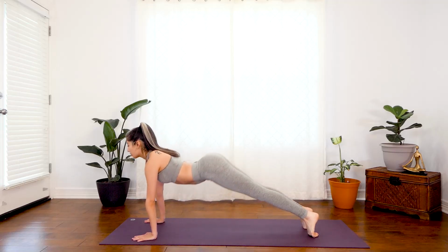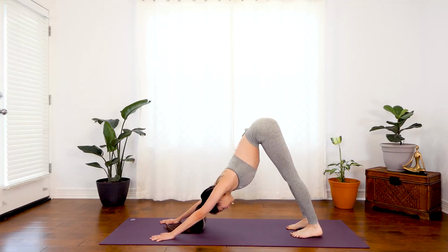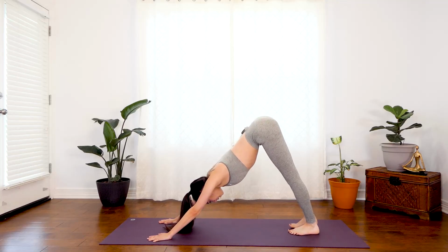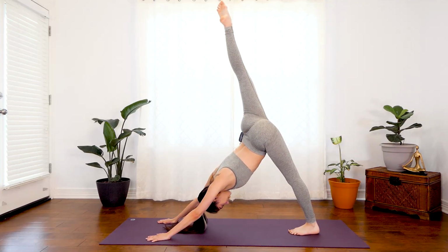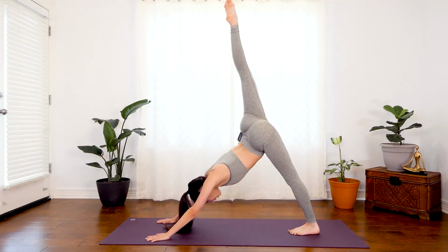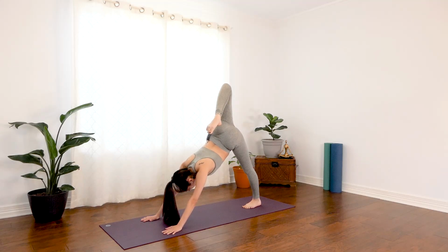Good. From here, push those hips back up into your downward facing dog. Let out a big deep breath. Good. From here, inhale, reach that right leg up towards the sky. Nice big one-legged downward dog. And then from here, you're going to bend that right knee, open up that hip, stack your hips on top